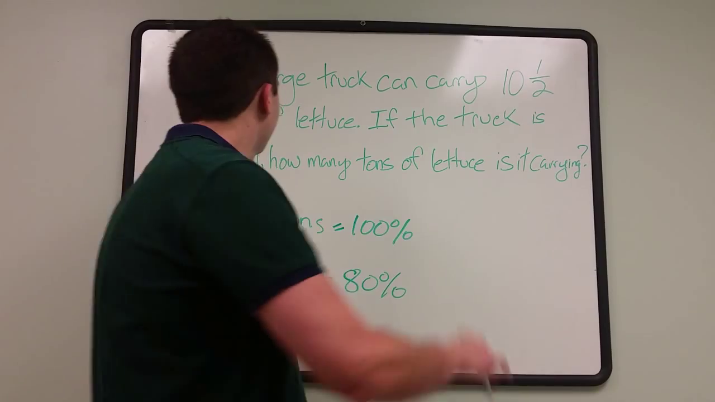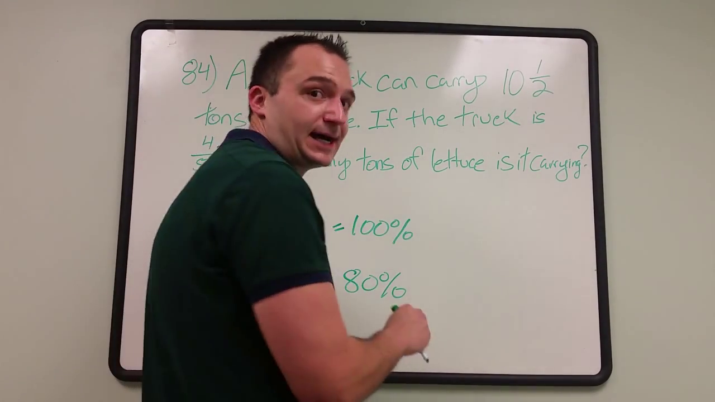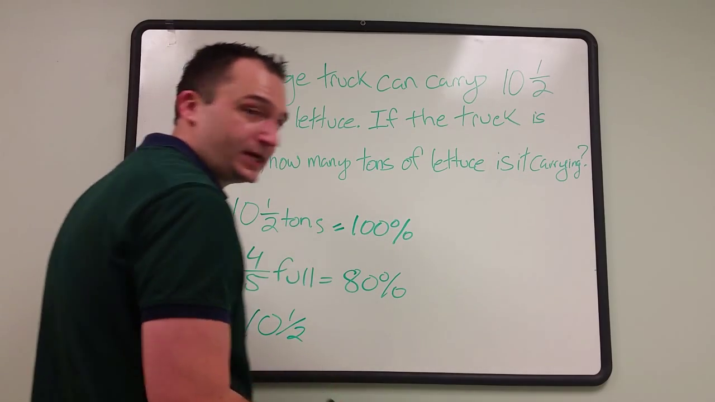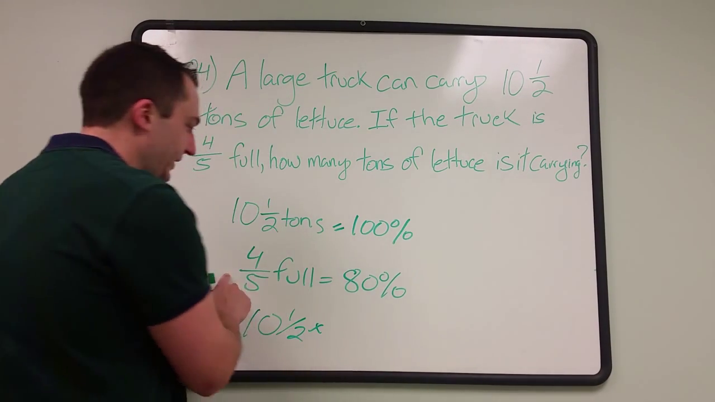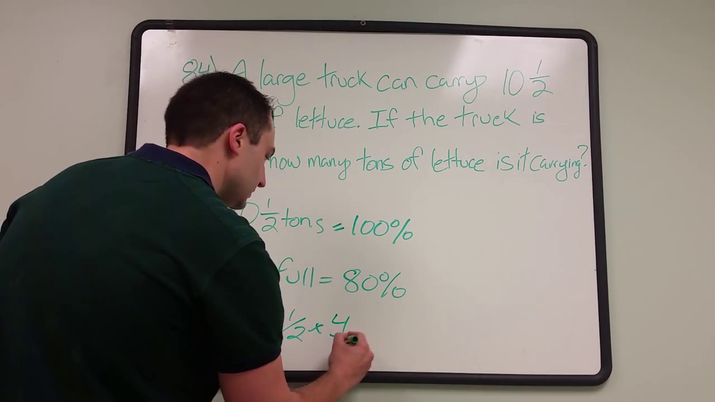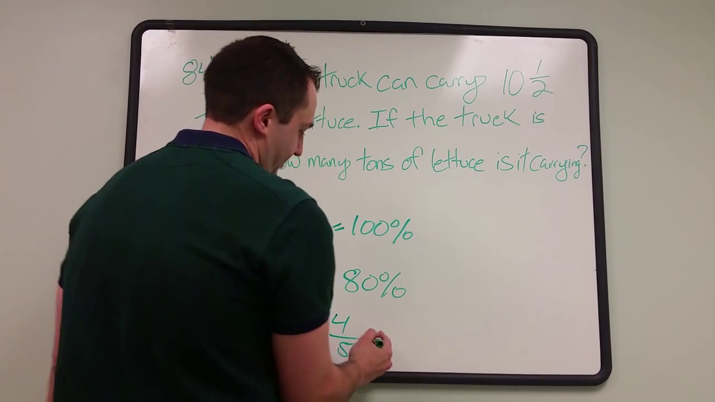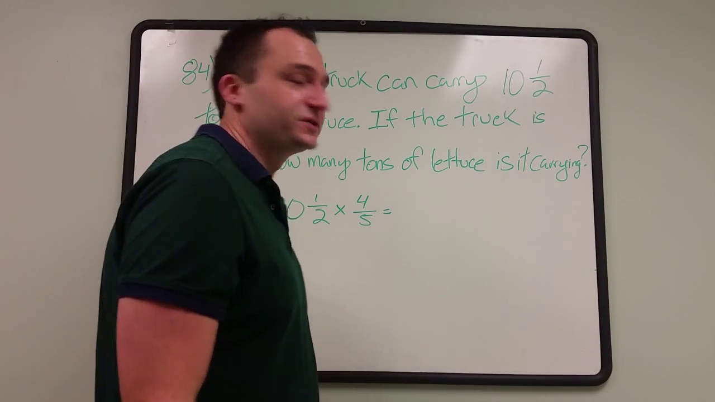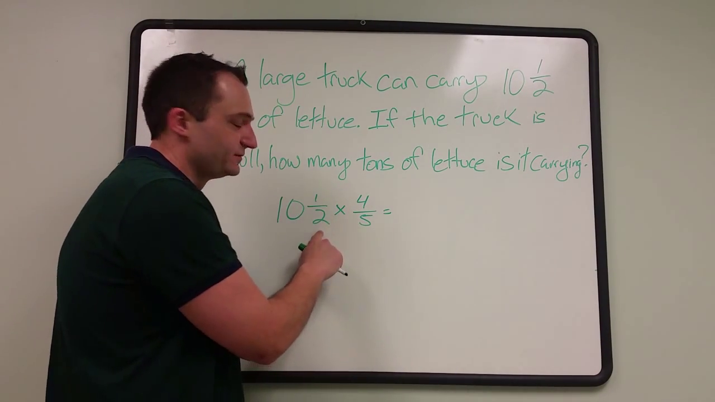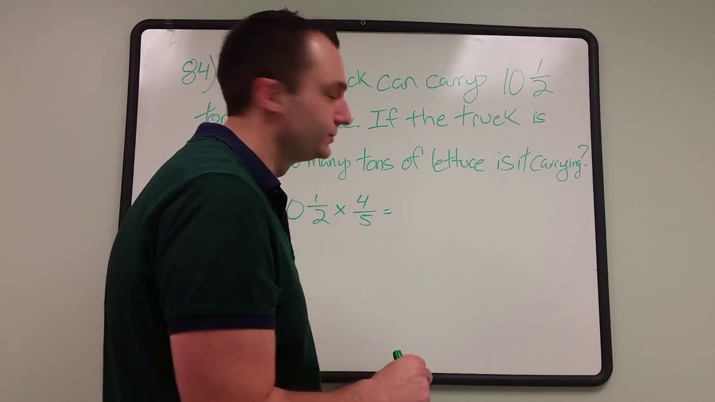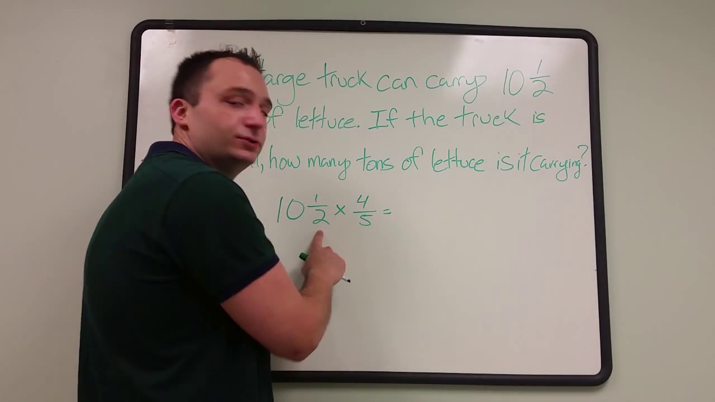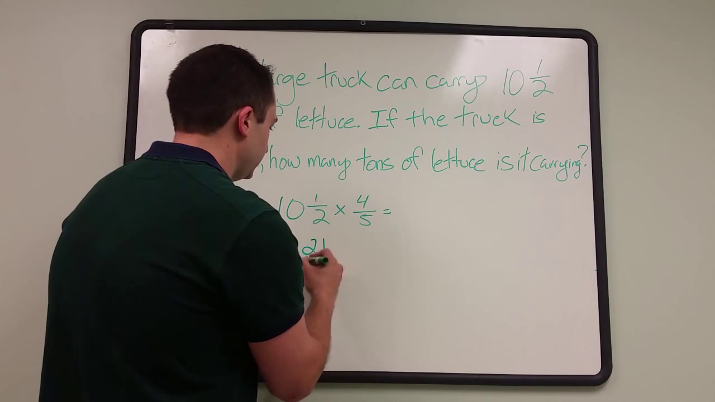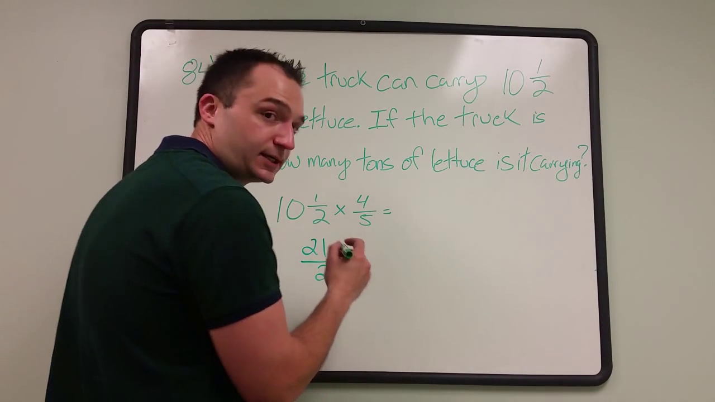So in order to figure out how many tons of lettuce it is carrying, you would take the 10.5 and multiply that by the 4/5, and that would equal how many tons of lettuce it is carrying. Your first step would be to change 10.5 into an improper fraction. In order to do this, you would do 10 times 2, and you would get 20, plus 1 would give you 21/2 times